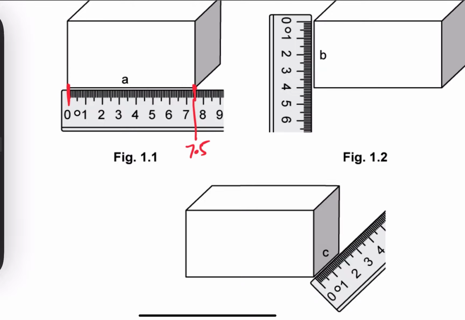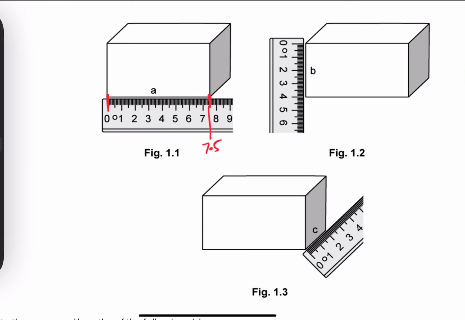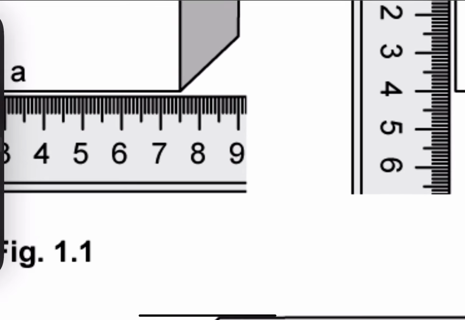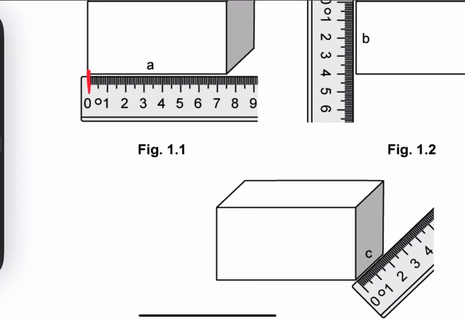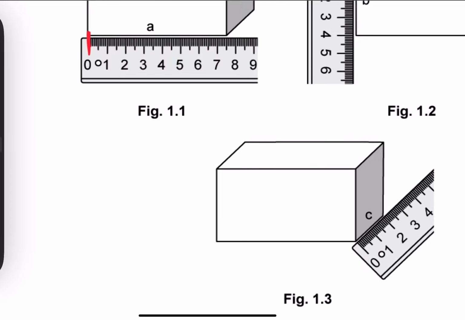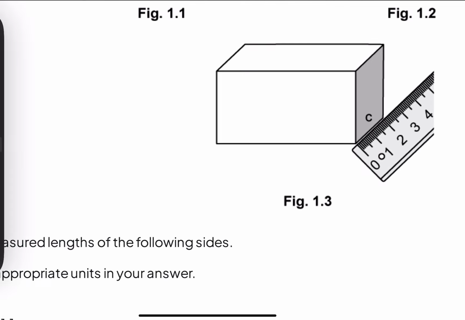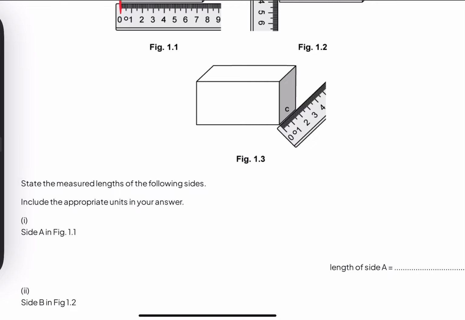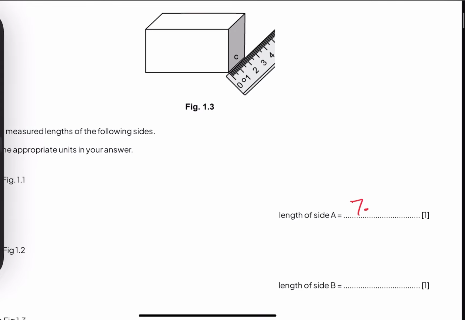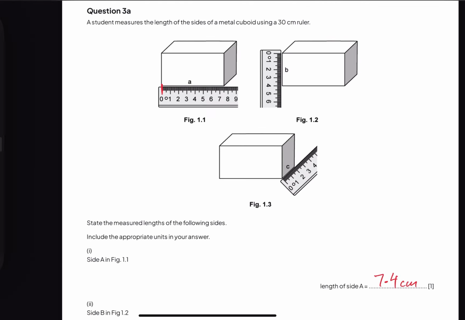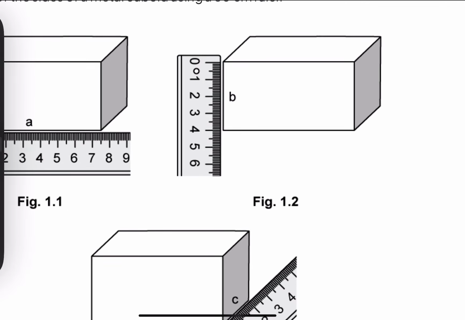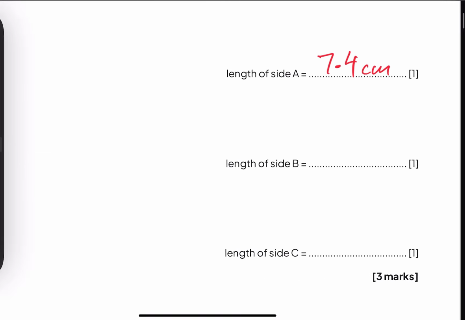It is 7.4 exactly, though 7.4 or 7.5, both are acceptable. So it's 7.4 centimeters. And B is also starting exactly from 0 and it is at 4. So it is 4